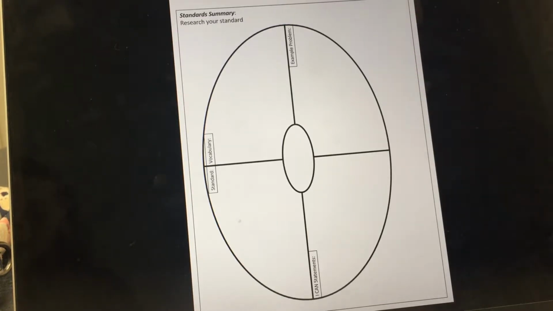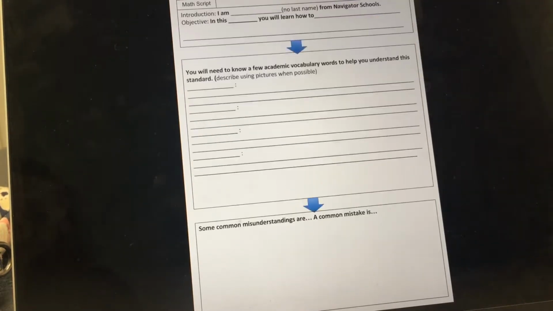We don't necessarily have to use this, and then we list some vocabulary. And then our next page is basically where we word it out word for word, because it's our script. It's what we're using when we're making the pop video. For example, we fill in the blanks and we use the vocabulary words on the previous page, and then